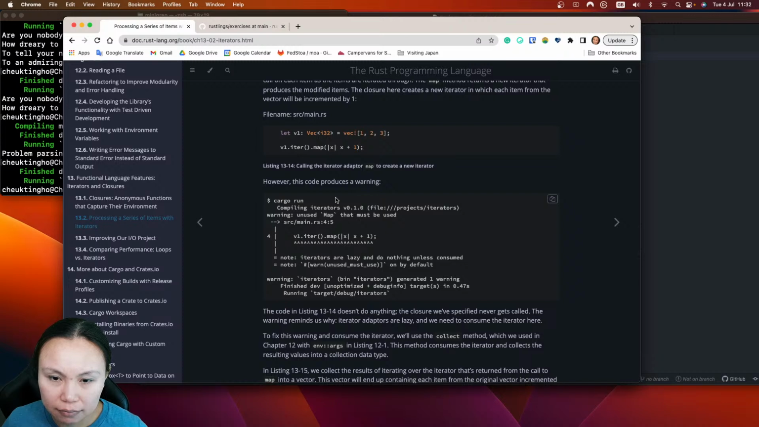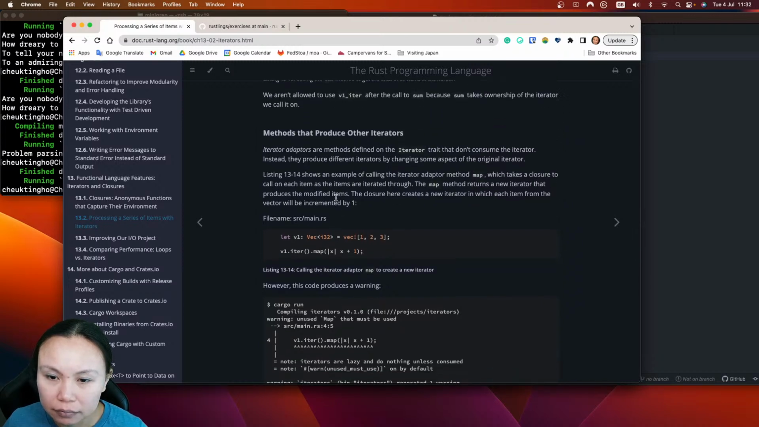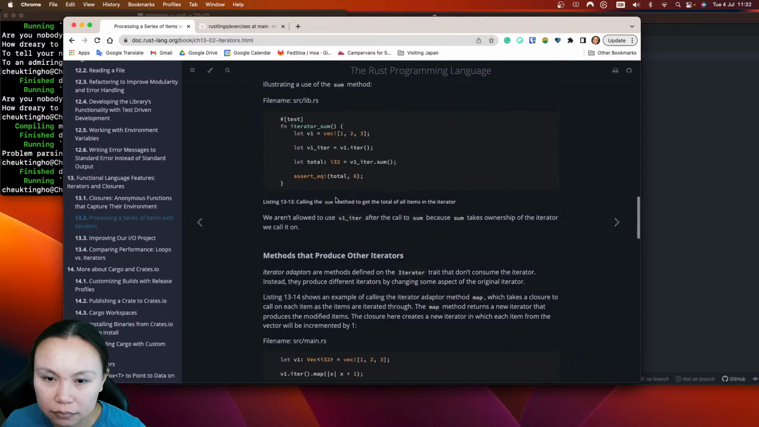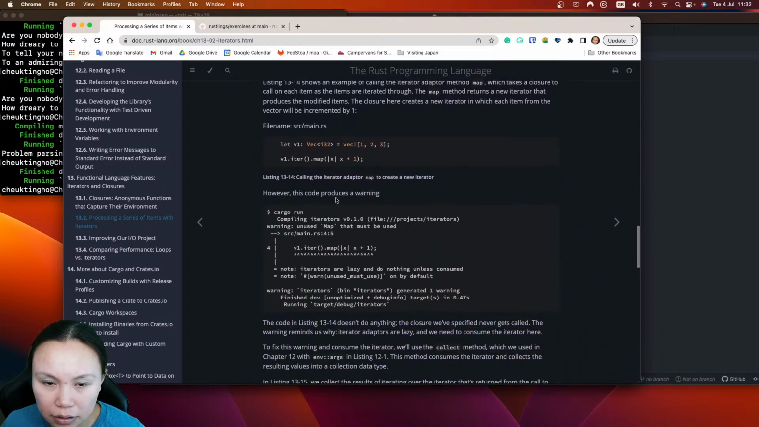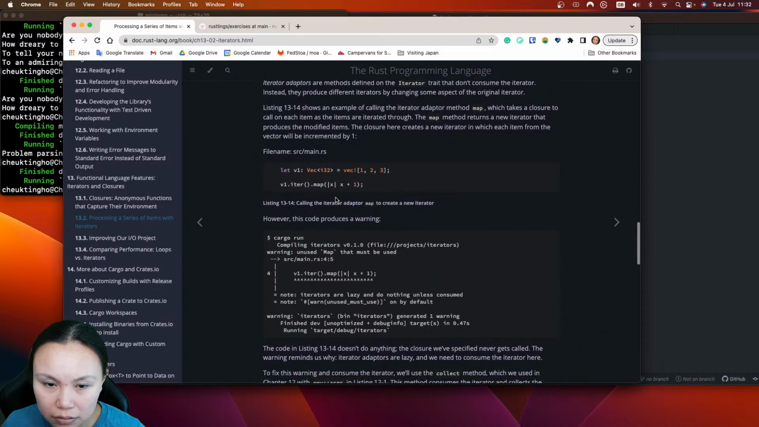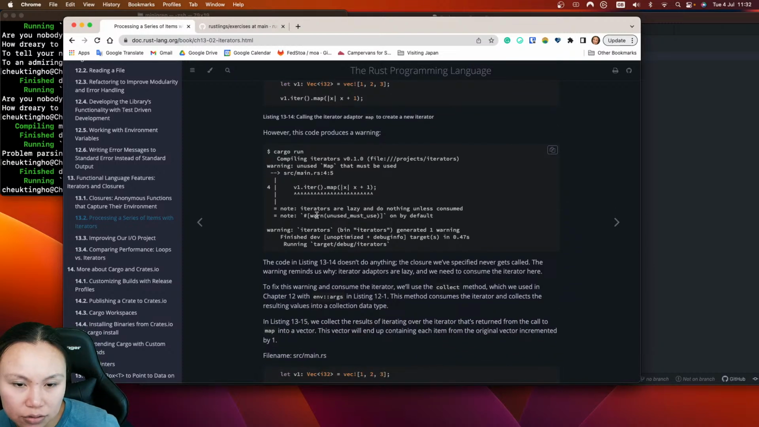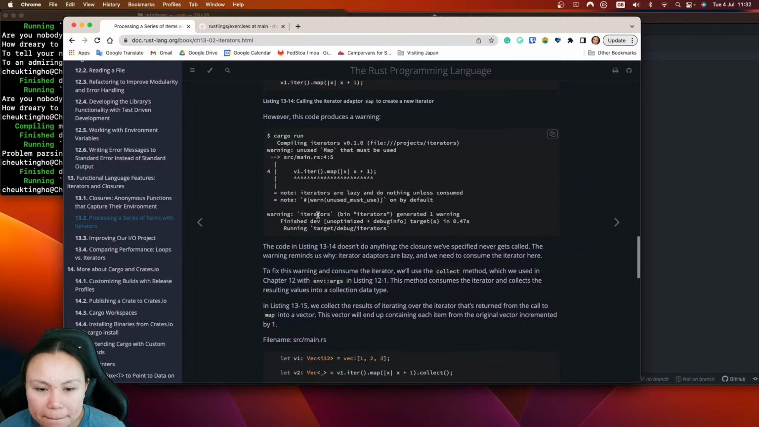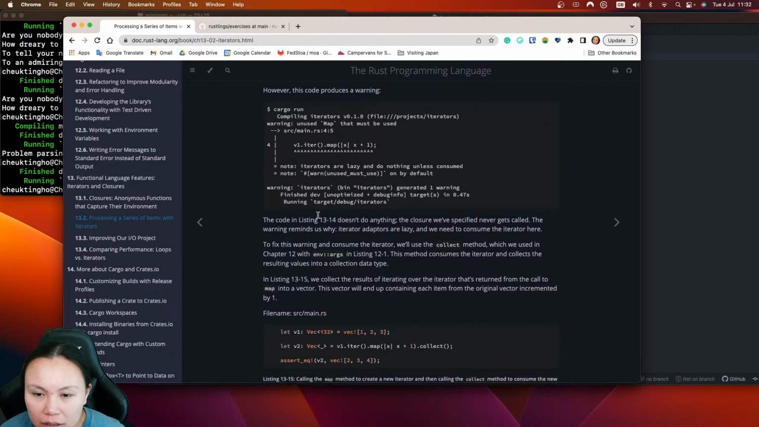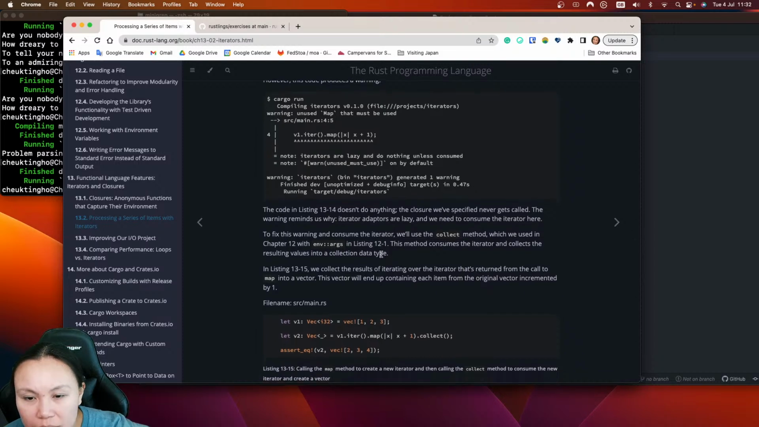But there's a warning. Iterators are lazy and do nothing unless consumed. So it doesn't do anything. The closure specified never gets called. Because it's lazy, the warning reminds us why iterator adapters are lazy. We need to consume the iterator here. To fix this warning and consume the iterator,